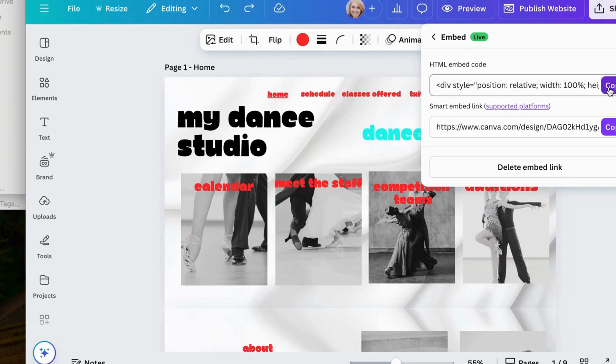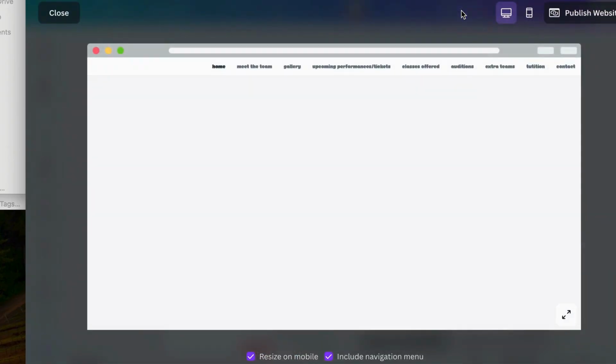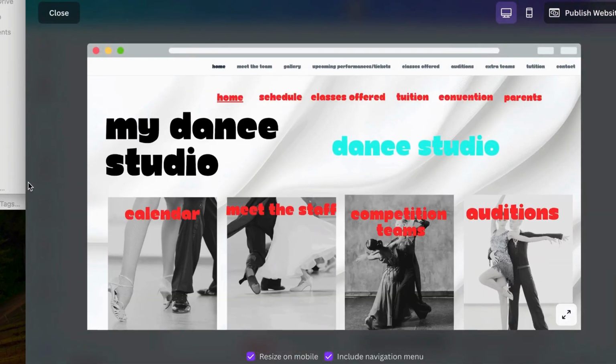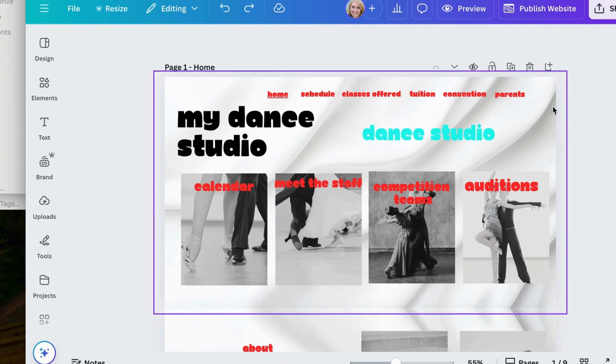This is the one that actually shows up normal. We have a lot of different features on this. So when we preview, I have animation on it. Do you see how that moves? So if you don't publish it like that, you won't get the animation and the links won't work unless you